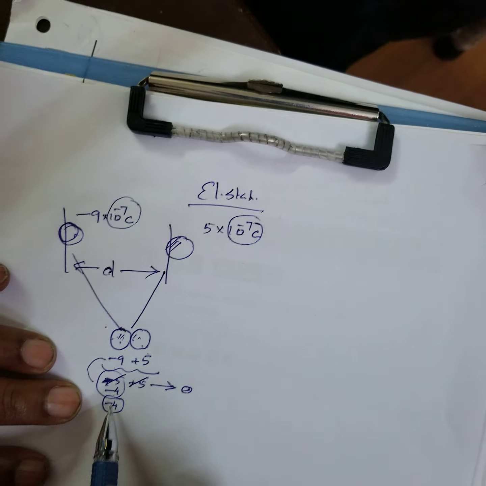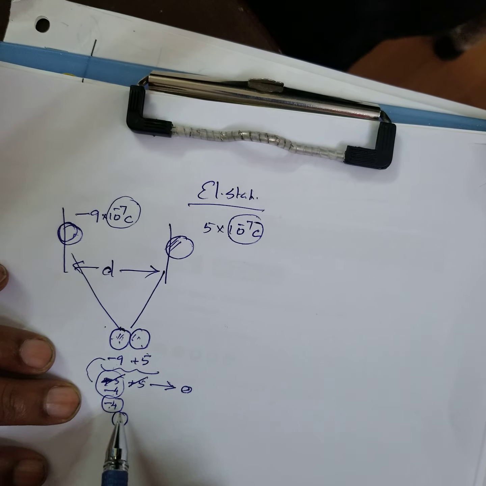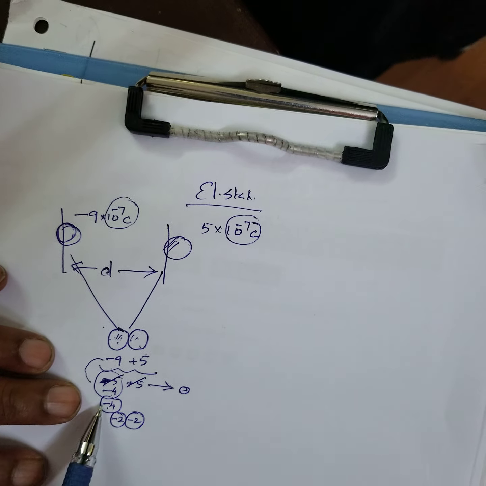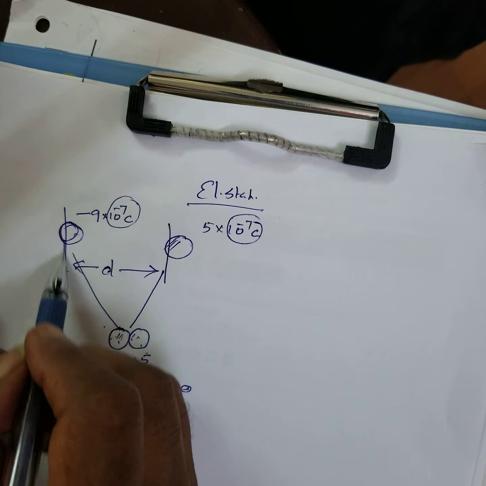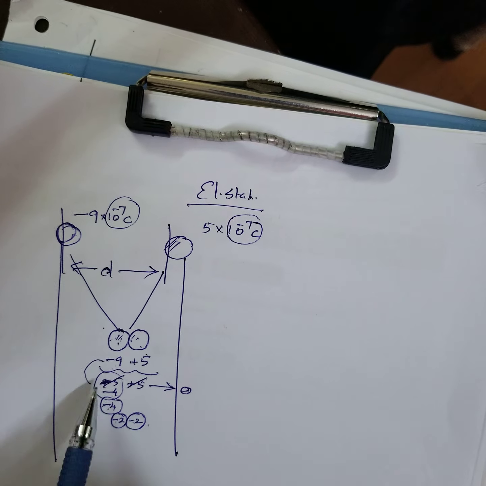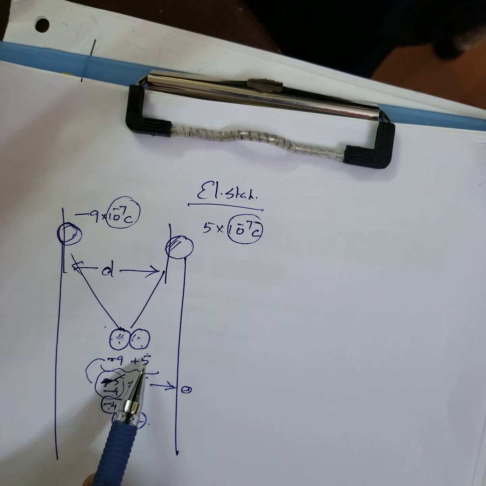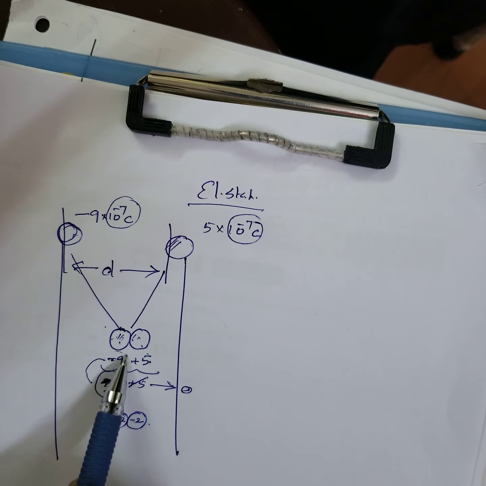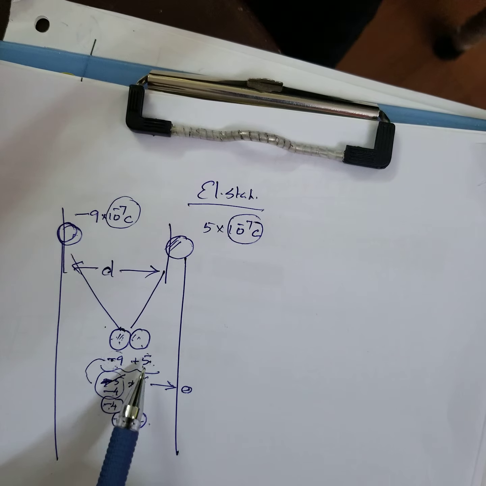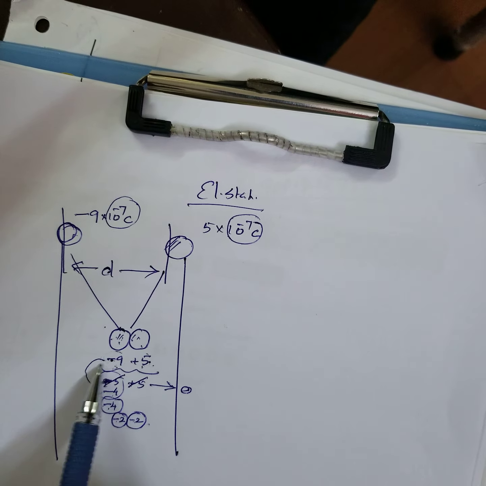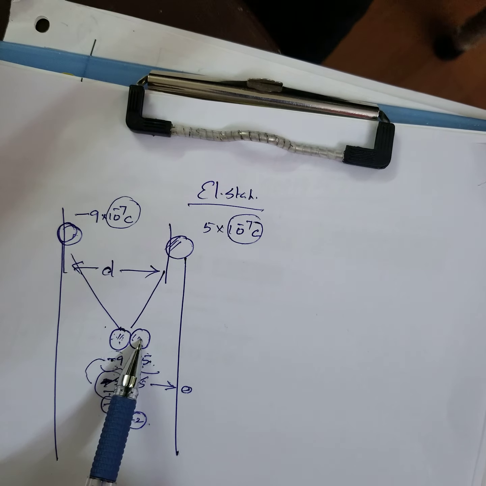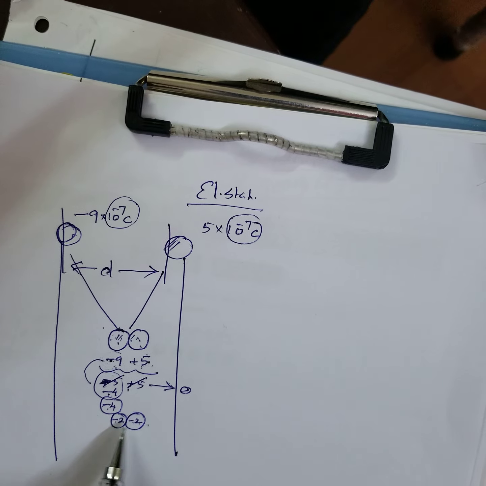Then what will happen? Minus 2 goes here, minus 2 goes here. Understood? Equal, identical. When you bring them close together, minus 9 is there, plus 5 is there. Suppose you have 9 rupees of credit and you got 5 rupees, you will clear it off, no? Then minus 4 remains. Since both are identical, they equally distribute.